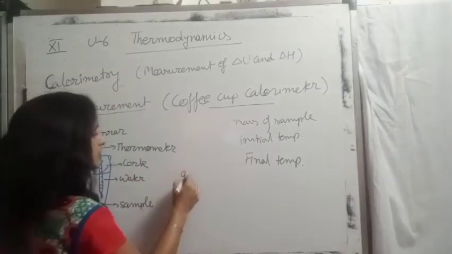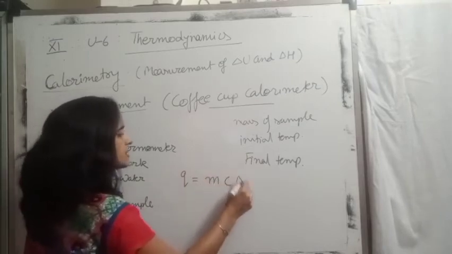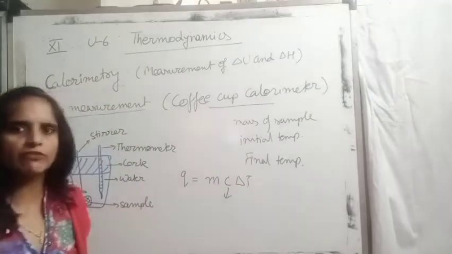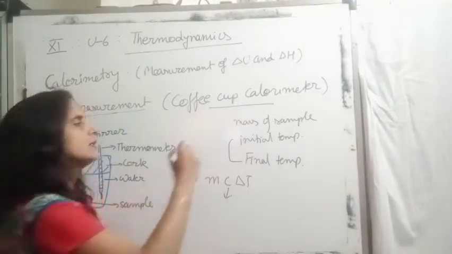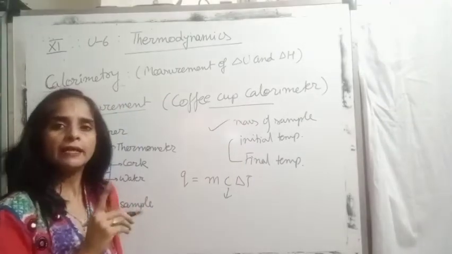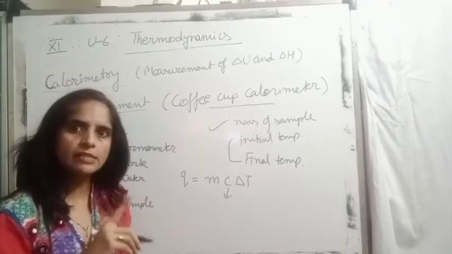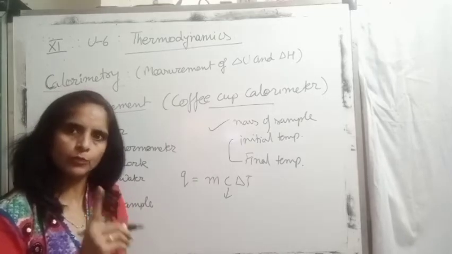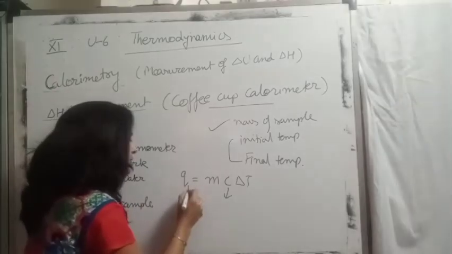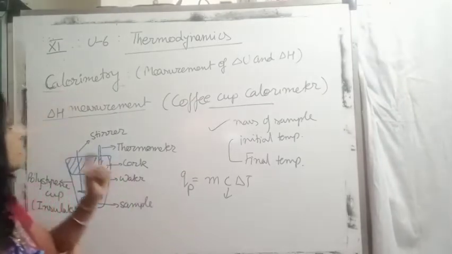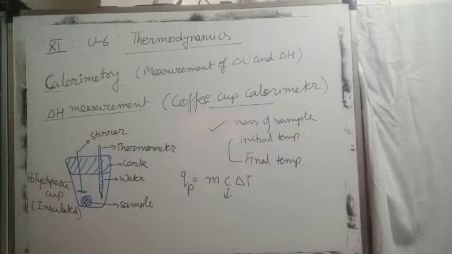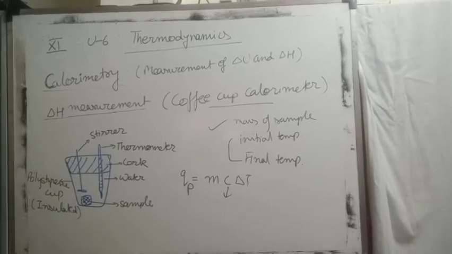That's why when we use the formula Q equal to mc delta T, C is the heat capacity of calorimeter, we know that. Delta T is the difference of initial and final temperature, mass of sample we are having, and as it is carried out at constant external pressure, that is atmospheric pressure, so this time the heat change is termed as heat at constant pressure, that is enthalpy change of the system. So in this way we can measure both the values, that is change of internal energy and change of enthalpy.